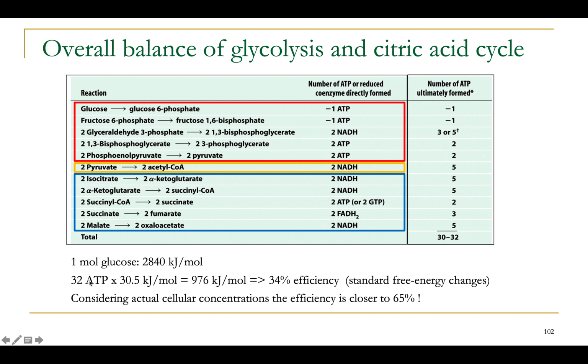But if you would recalculate and factor in the actual concentration of metabolites and oxygen concentration, etc., what happens in real conditions, we would see that this pathway conserves approximately 65% of chemical energy released by burning of glucose and oxygen in the form of the